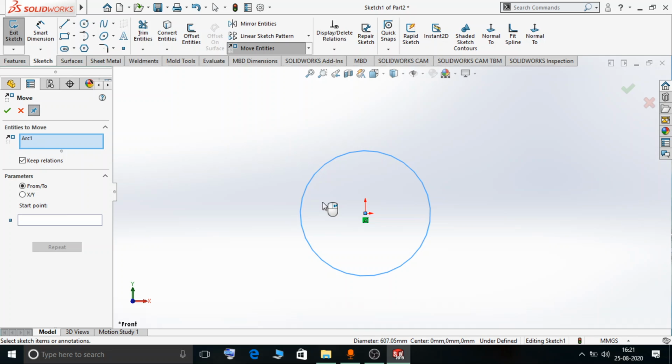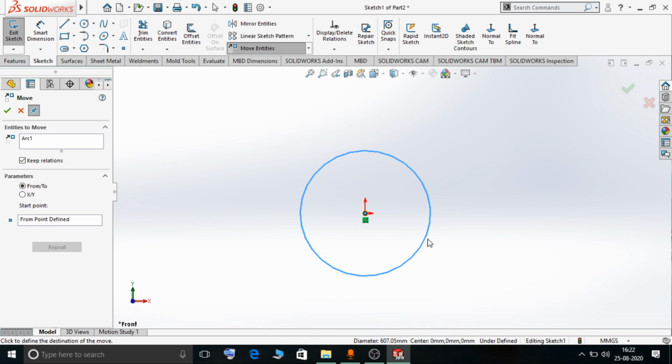So inside the From and To method, we have to first specify the start point. Now when you click in this rectangle and move over a sketch, then we can see the possible start points for this sketch. Here you can see the 4 start points lie on the circumference and one start point is its center.